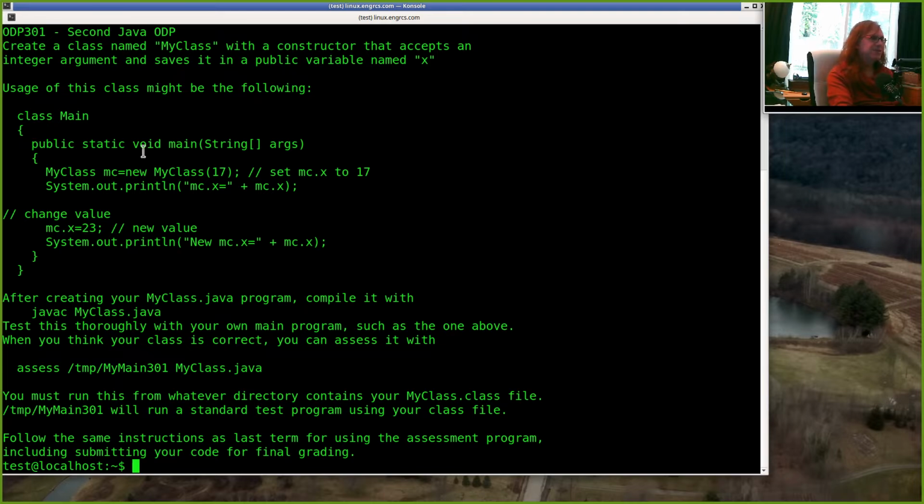And so the goal here is I can make a variable in my main program like mc, and it's an object of type myClass, and I construct it by saying new myClass, and I pass an integer. And the goal is, inside the constructor, this value that I pass should be saved in a variable inside this object named x. And I can access that, for example, by saying name of the object .x. So this is kind of like a structure, but we're using a constructor to set the value for that field